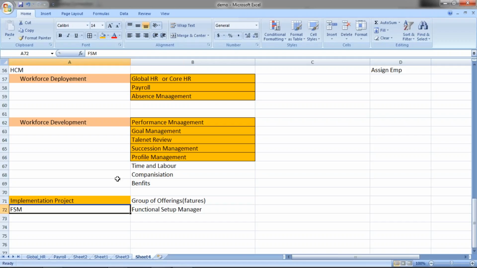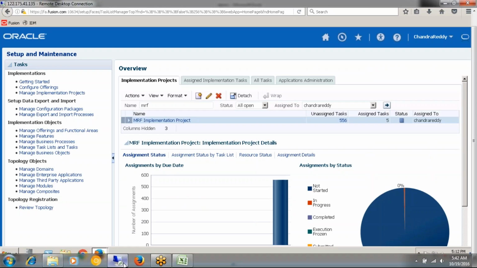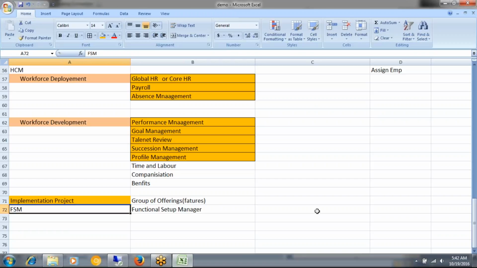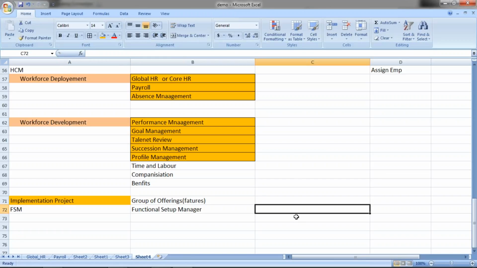The complete functional setups we are going to do from this environment, from the setups and maintenance environment. From here itself we are going to do all functional setups. This we call the Functional Setup Manager, FSM. So this is how we can go for creation of an implementation project. You can go through this, and whenever we start up with